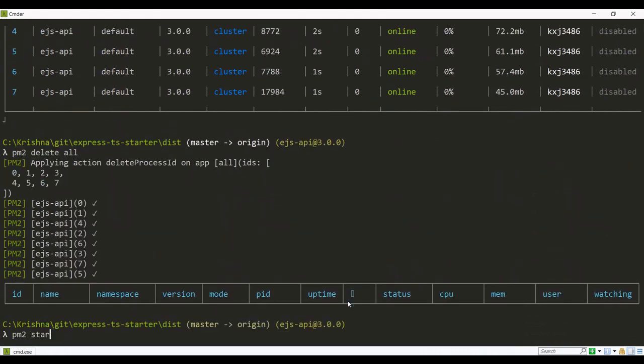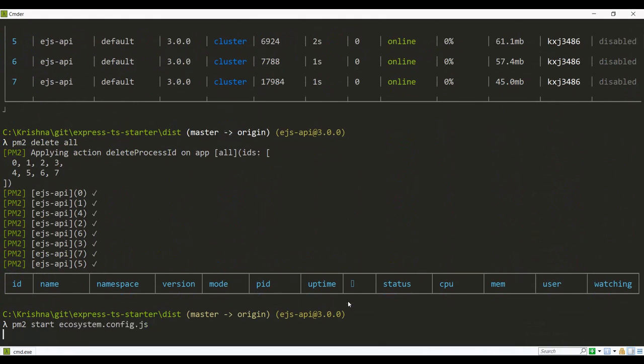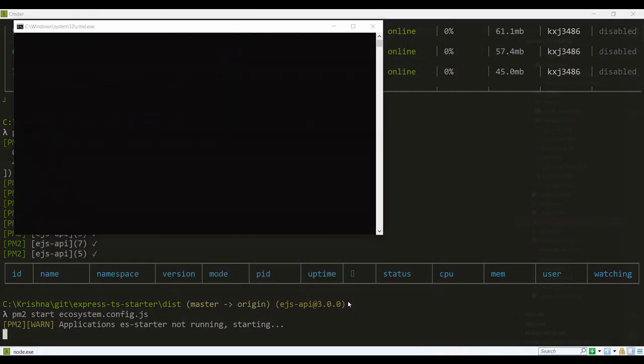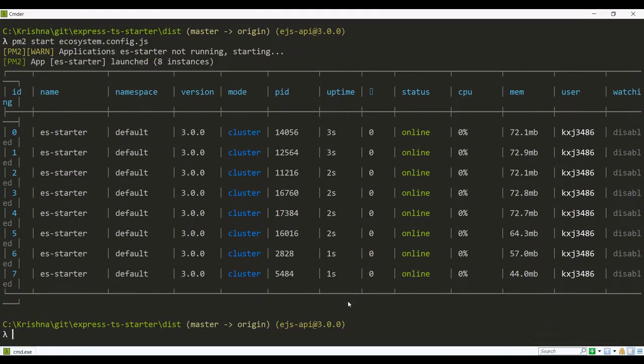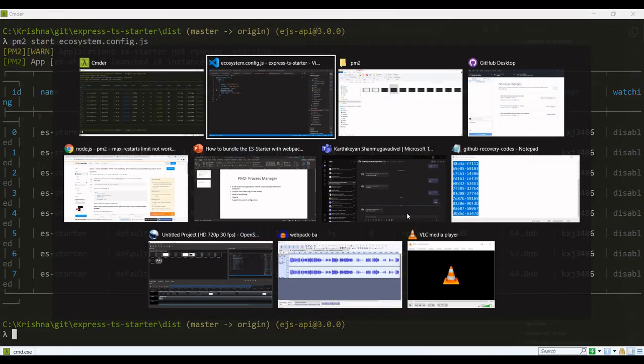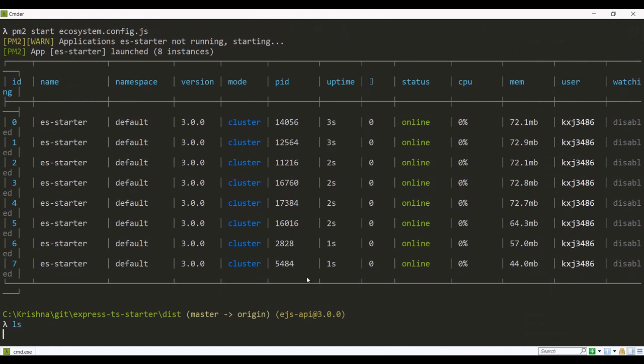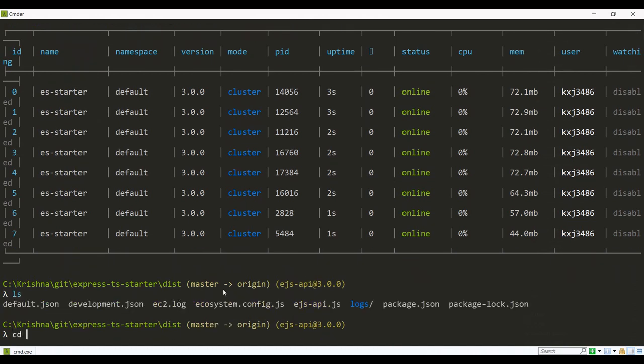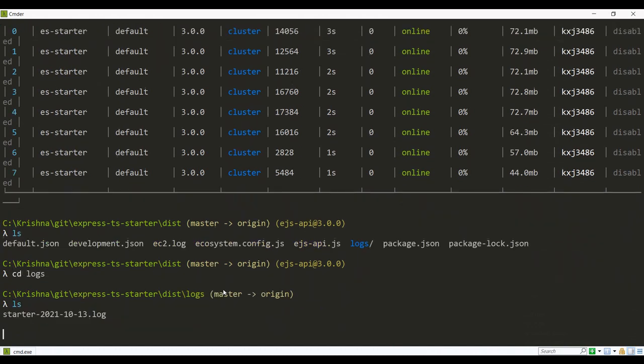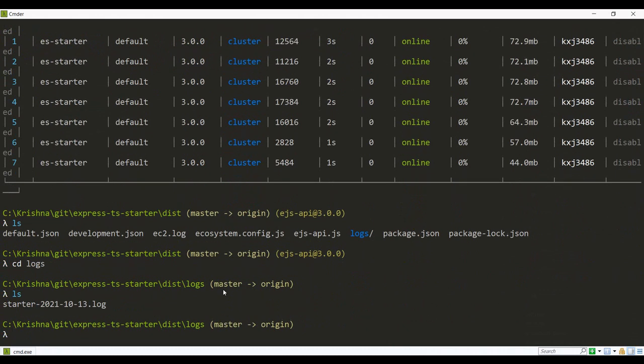Instead of starting with the application name, we can start with ecosystem.config.js. It has started with the cluster mode enabled, because here I have mentioned instances as max. It will have the log files in the current directory as well.